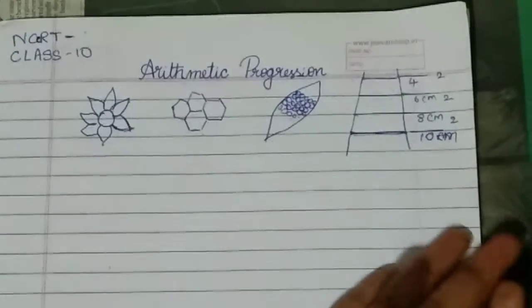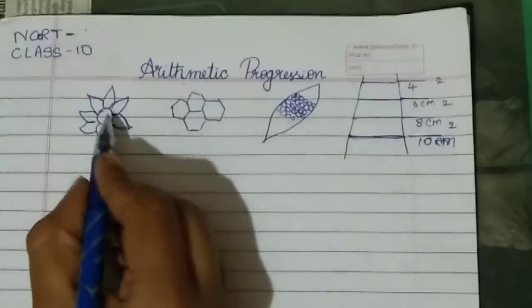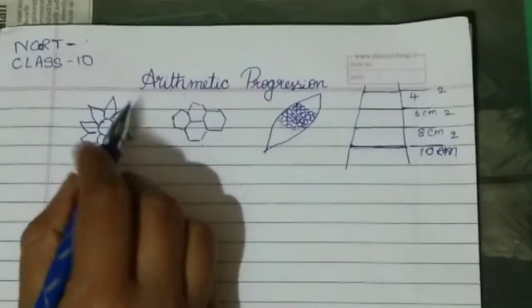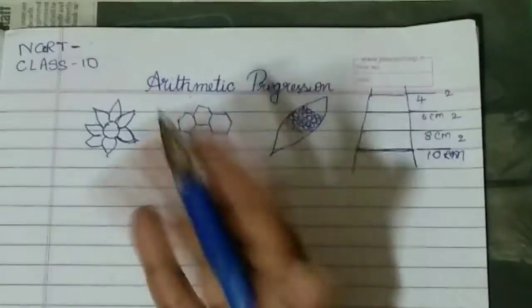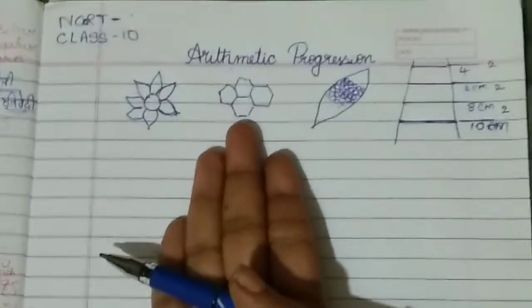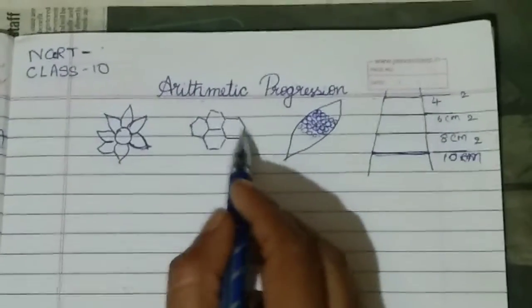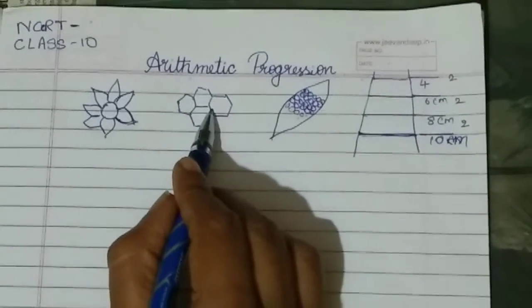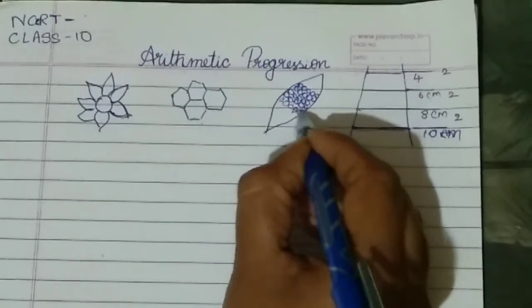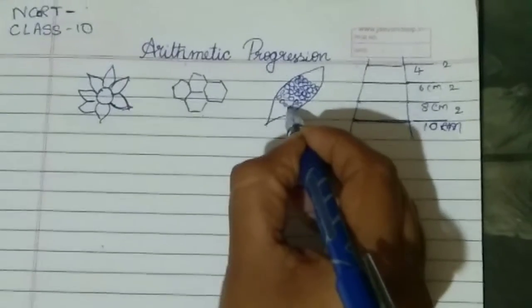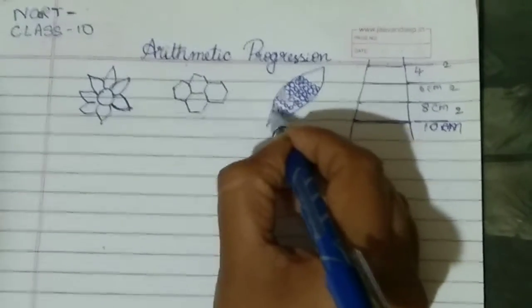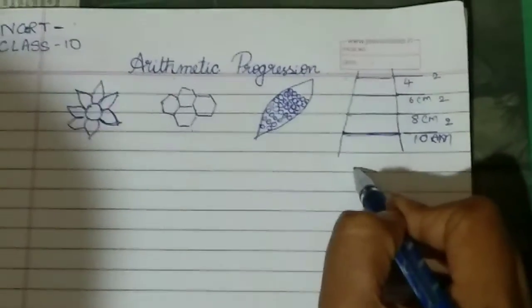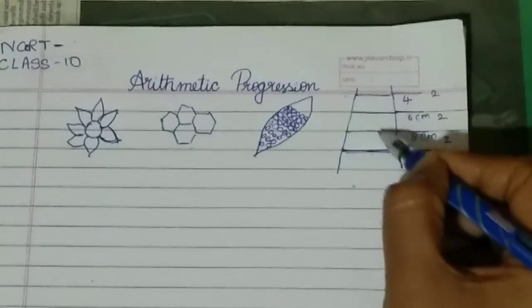Here there are some examples. First one is sunflower. These petals are arranged in a particular pattern. Next you are going to move on. This is hive. You can notice that even this hive is a particular pattern. Next one is corn. These seeds are arranged in a particular pattern. Even this ladder also, the steps are arranged in a particular pattern.